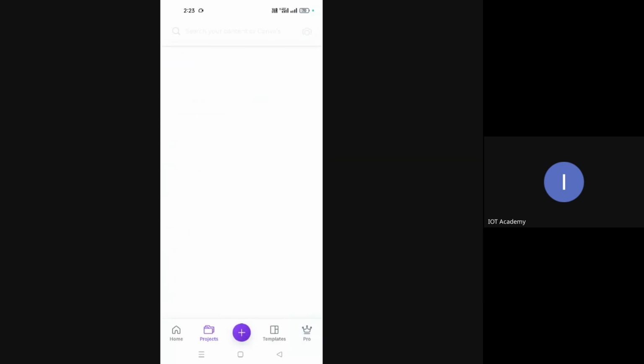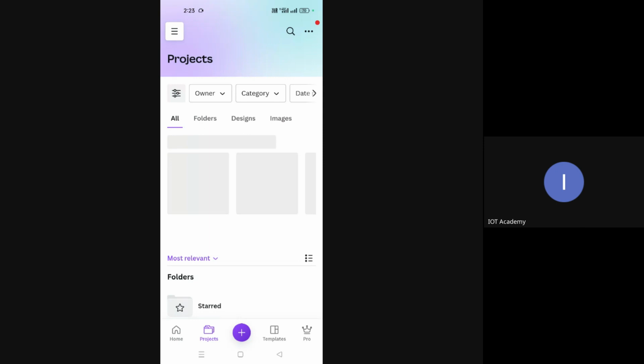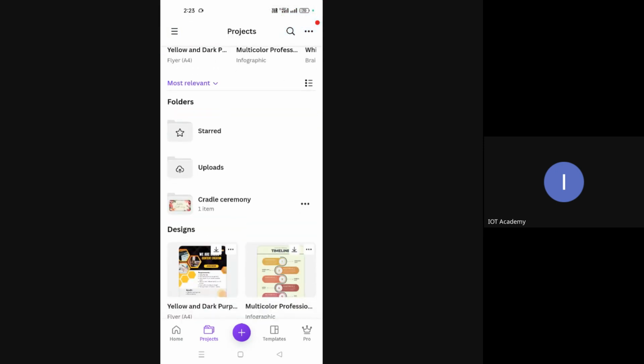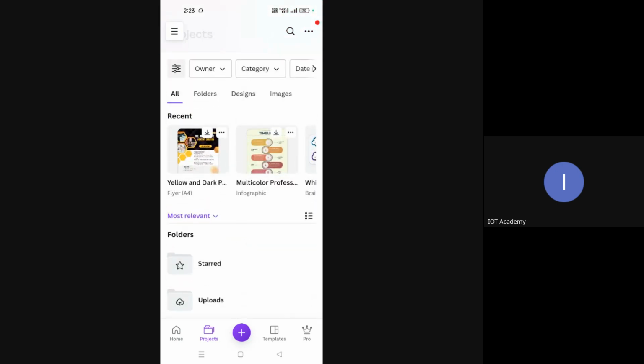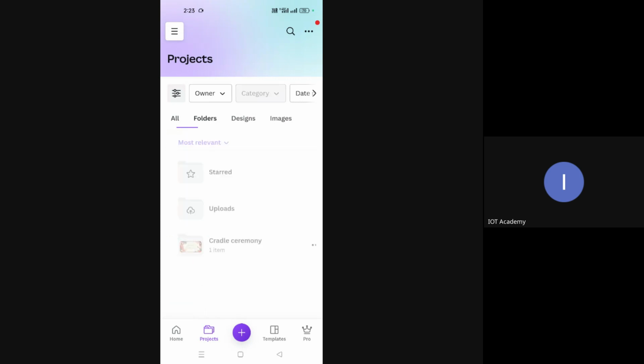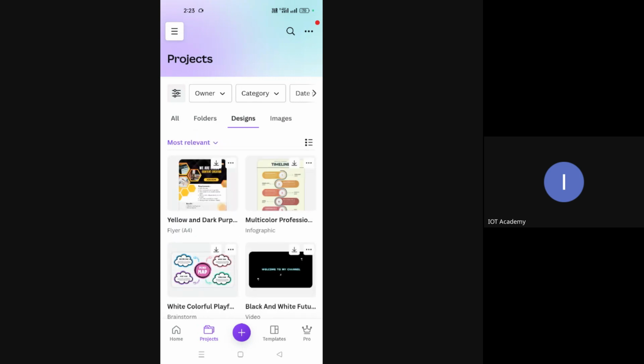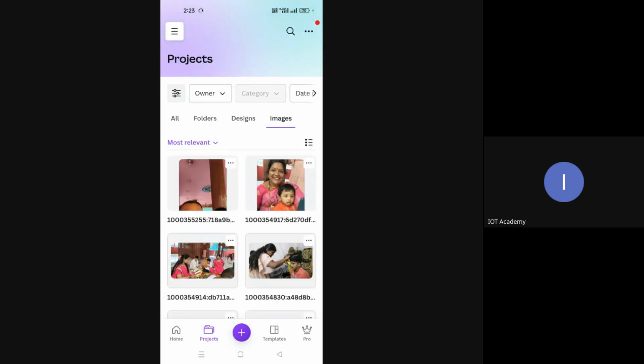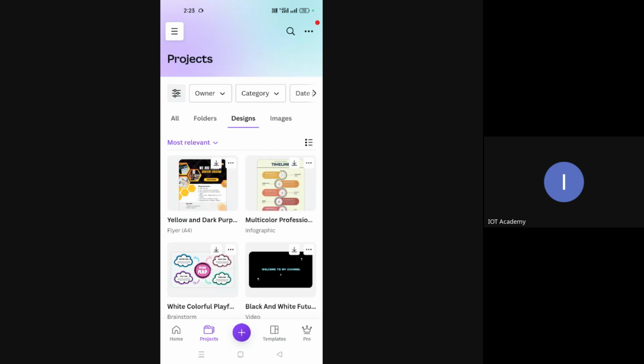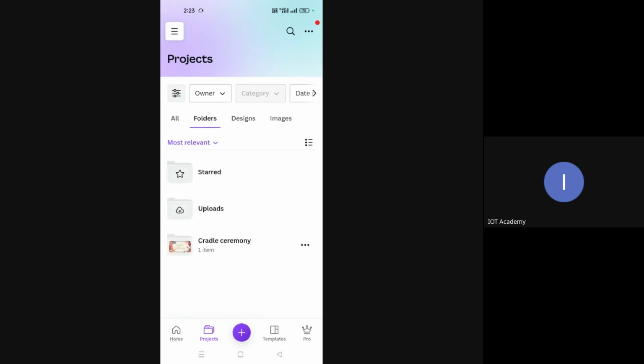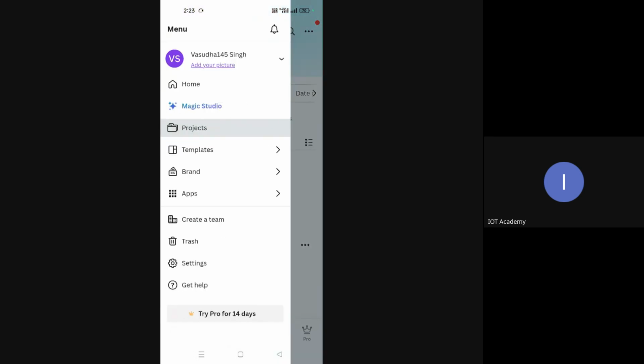Okay, then you have projects. Tapping on projects will take you to the projects that you are working on, like folders. If you are creating any subfolders, etc., you can have your own folder. The designs are available, images that you want to download are available. So that way you can simply tap on projects and then go.